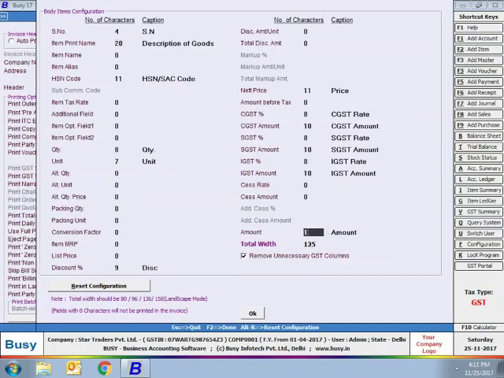At the end, you can see an option Remove Unnecessary GST Column. If you enable this option, then in local transactions, columns for CGST and SGST will appear, and in central transactions a column for only IGST will appear. On the other hand, if you disable this option, then all 3 columns, CGST, SGST and IGST, will appear in all transactions, although 1 or 2 columns will always remain blank.